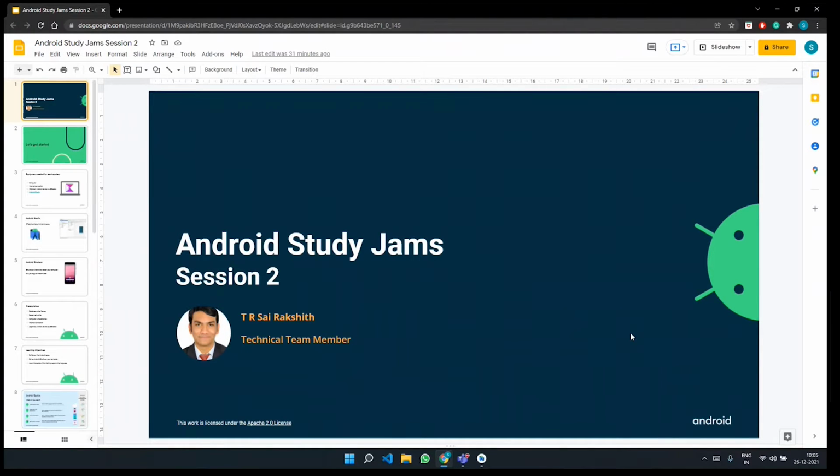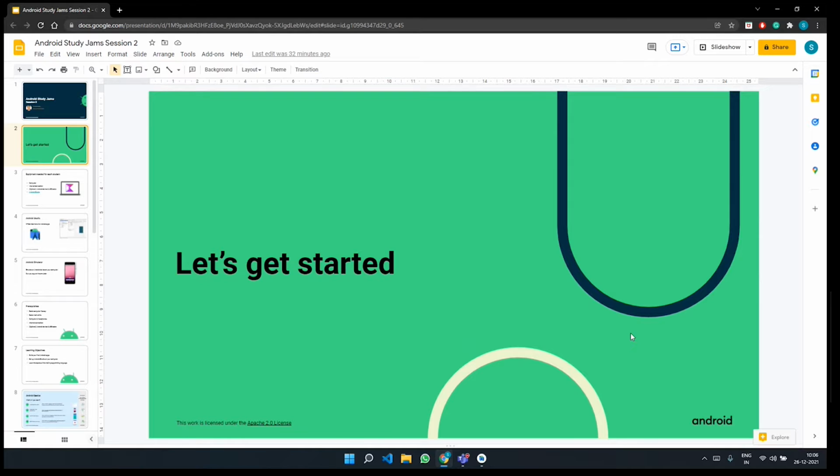So, in this session, we'll be continuing our discussion from the last session. In the last session, we discussed scrollable lists and we saw what the uses of lists are. In this session, we'll study more about lists, and towards the end of the session, we'll also be making an app. So we'll be doing a hands-on activity as well. So let's get started with the session.